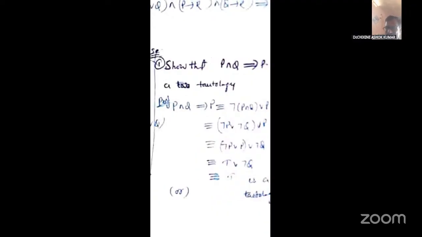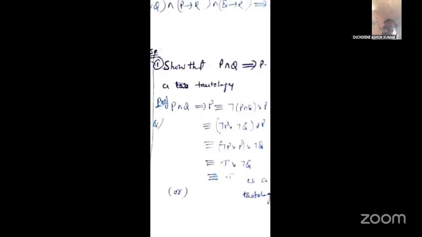P implies Q. What is P implies Q? What is the P implies Q formula? Negation P union Q. But in the place of P, I have P intersection Q. In the place of Q, I have P value only. So P implies Q means negation P, negation P means negation of P intersection Q, union Q. In the place of Q, we have the second function P. So that formula will become like this: negation of P intersection Q